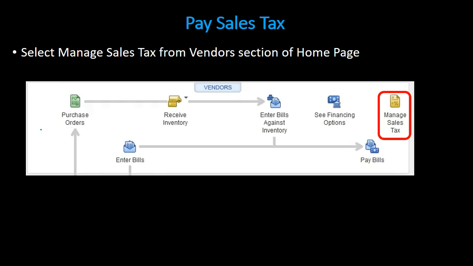We will first take a quick look at QuickBooks and then jump over to Excel and put that same information into Excel. So here we are in QuickBooks. We're looking at the vendors section, and we're going to use this icon here, which says Manage Sales Tax. It might better be following the section in the customers, because really this is part of the customer payment, meaning that the sales tax payable is being